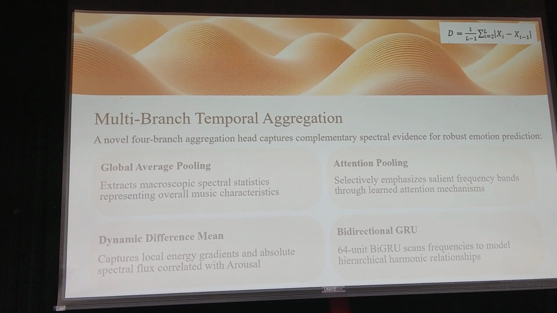After the TCN, the features must be aggregated because distinctive emotional acoustic curves are complex and distributed. A single pooling mechanism would lead to data loss. Therefore, we introduce a novel four-branch aggregation. Global average pooling captures